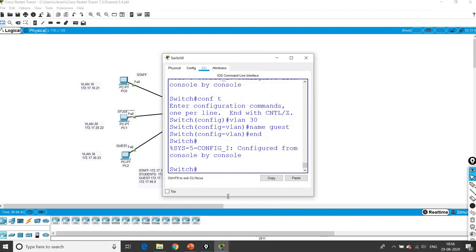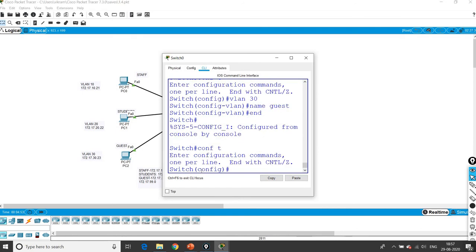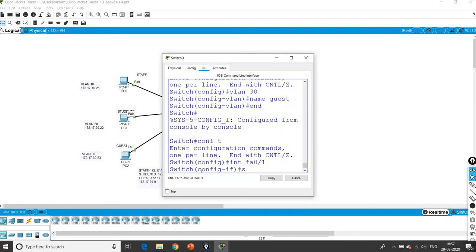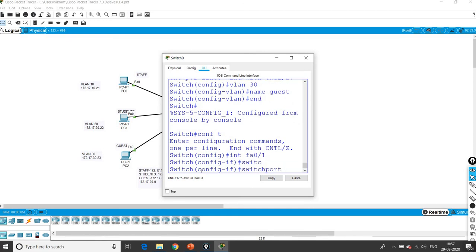Go for switch 1, switch 0. Configuration mode, config T. Interface FA0/1 for staff and switchport mode access.